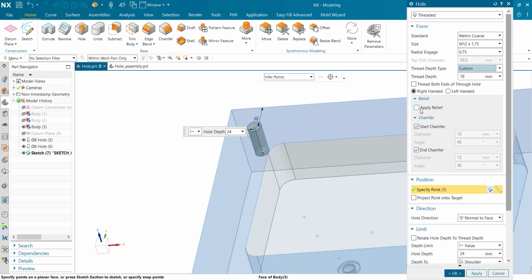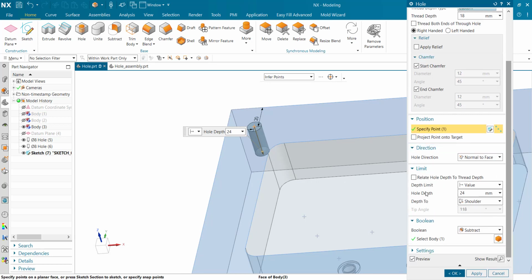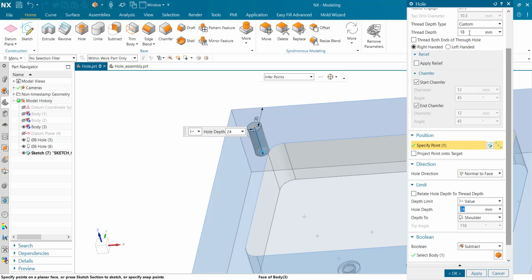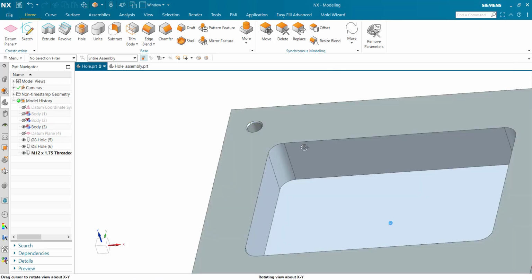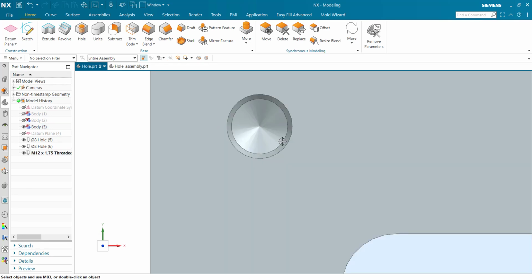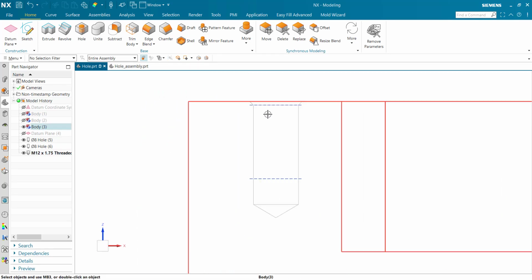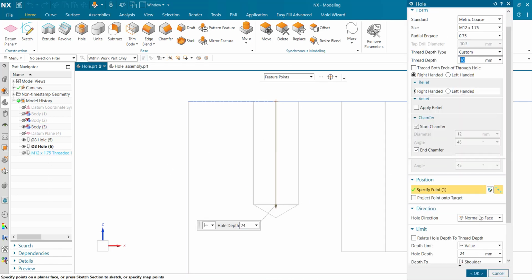You can also add relief if required. The hole depth, here thread depth 18 and hole depth 24. Okay, and OK. You can see the threaded hole here. If you want to control